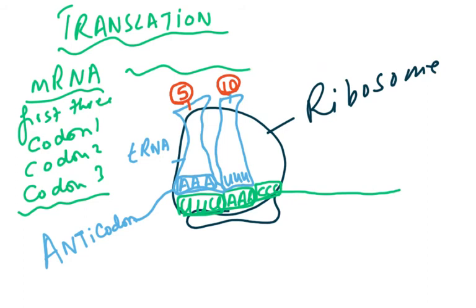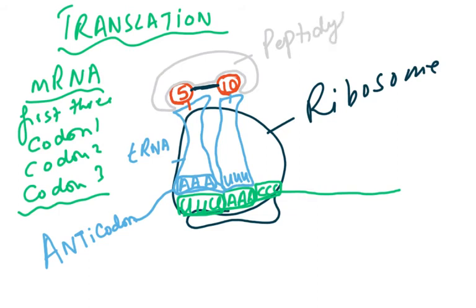Now what we need to understand is that once these two amino acids have been brought together, they have to be joined by a peptide bond, and that is going to be joined by an enzyme, which is a very specific enzyme, which is called peptidyl transferase. So what do we have now? What we have now is two amino acids joined together by a peptide bond, and then